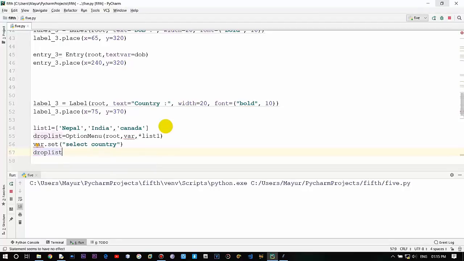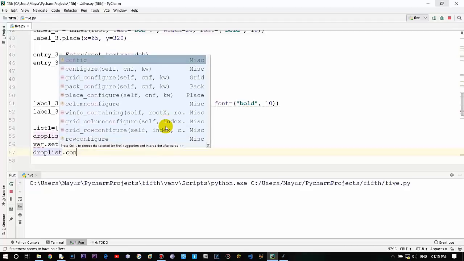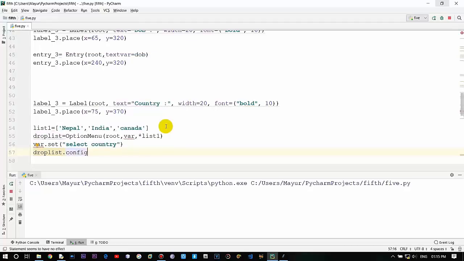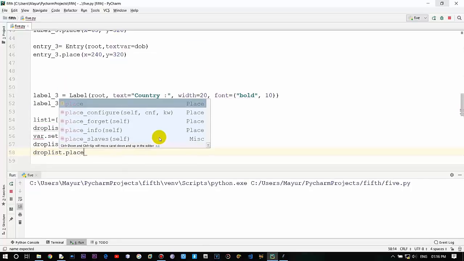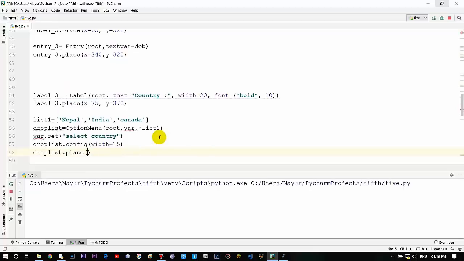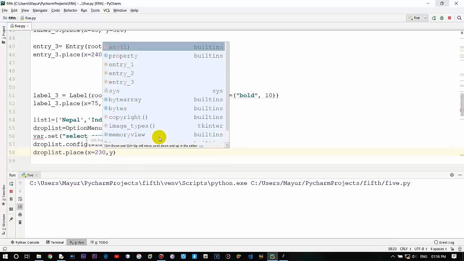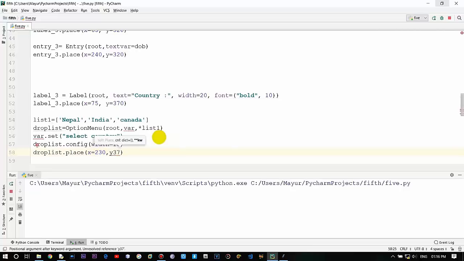List dot config and provide a place. X is equal to 230 and y is equal to 370,